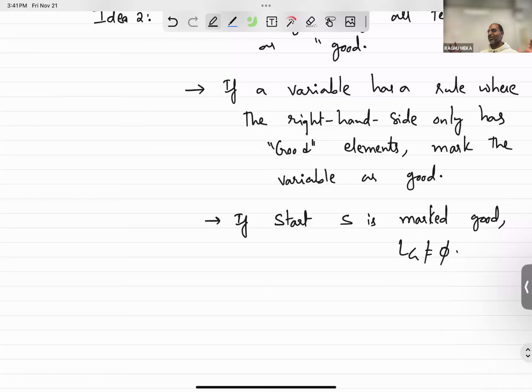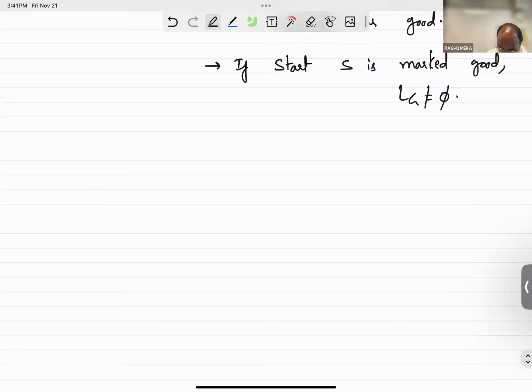Okay, some kind of infection process. Let's say you infect all of the terminals. If there is a variable which is only connected to infected ones, I mark that as infected and then keep propagating until I stop seeing any changes. At that point, I check if the start variable is good. If it is good, the language is not empty. Okay, so